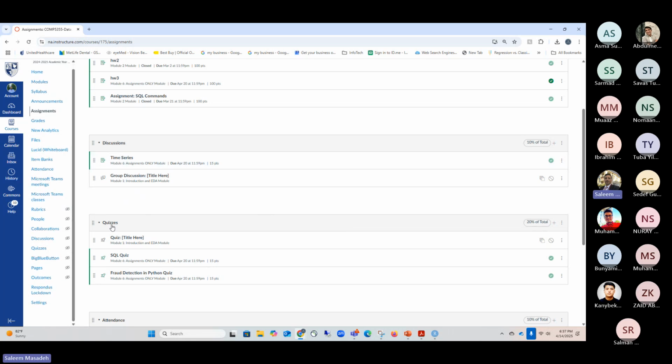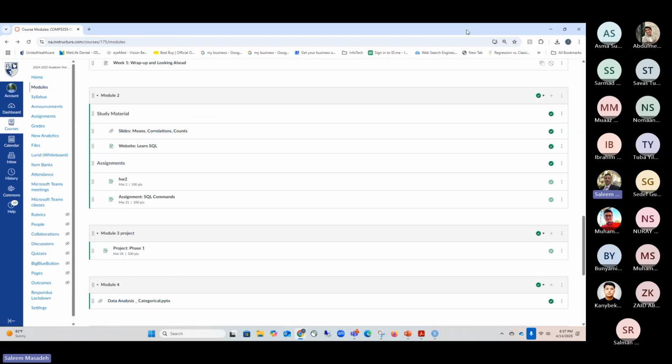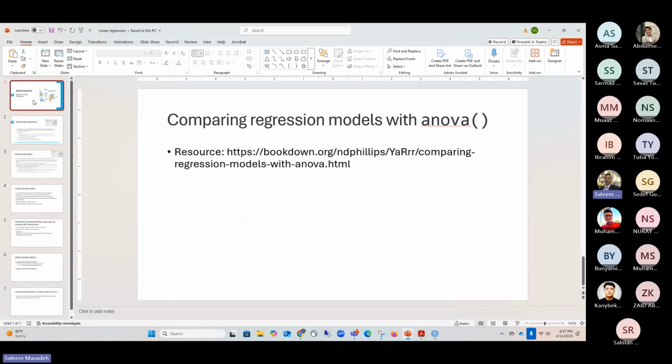But for the quizzes, I know some of the grades are not that fancy, so I may drop one of the grades in the quizzes. Let me see. Or I give it as a bonus, maybe, that whatever the grade for that quiz, I may add it to your total grade, without dropping any grades. So let me think about it. It's good to have a full picture about the grades, then I can think about it better. So today's class is